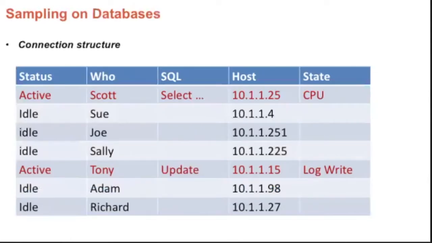So sampling, probably many of you are already familiar with it. All these databases that we're talking about today, they all have these structures that say who's connected to the database. And in that structure, they have if they're active or idle. And if they're active, they have what SQL they're running, what host they're coming in from, what their username is, and what state they're in. So we can just sample this. For each connection that's active, we come in every second, get that data, and use that data to build